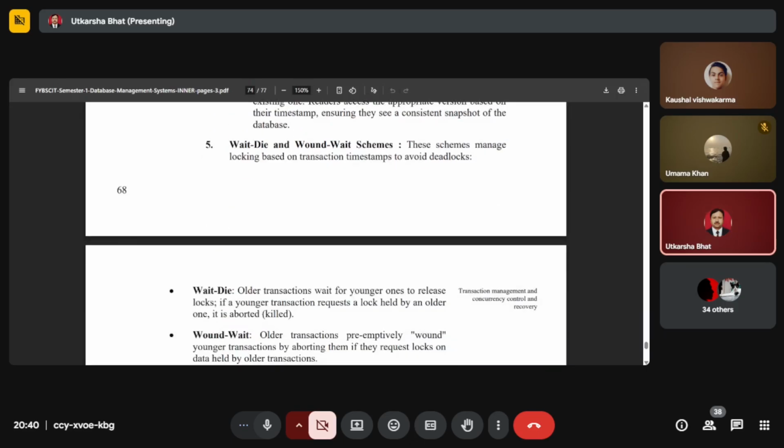Wait time. Older transactions wait for younger ones to release locks. If a younger transaction requests a lock held by an older one,